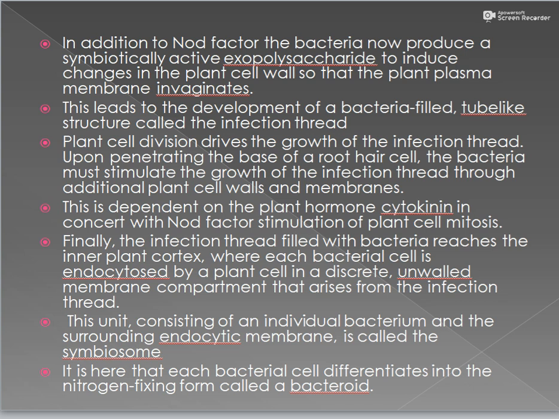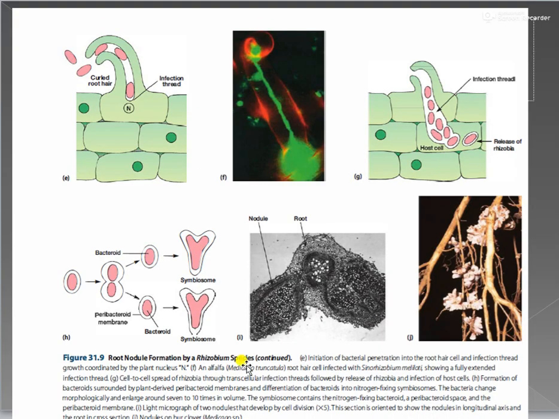And finally, the infection thread filled with the bacteria reaches the inner plant cortex, where the bacterial cell is endocytosed, as we saw in the previous picture, by a membrane, and it will form a symbiosome. It is here that each bacterial cell differentiates into the nitrogen fixation form called the bacteroid. And each cell is referred to as a bacteroid. So here what we have to say is,